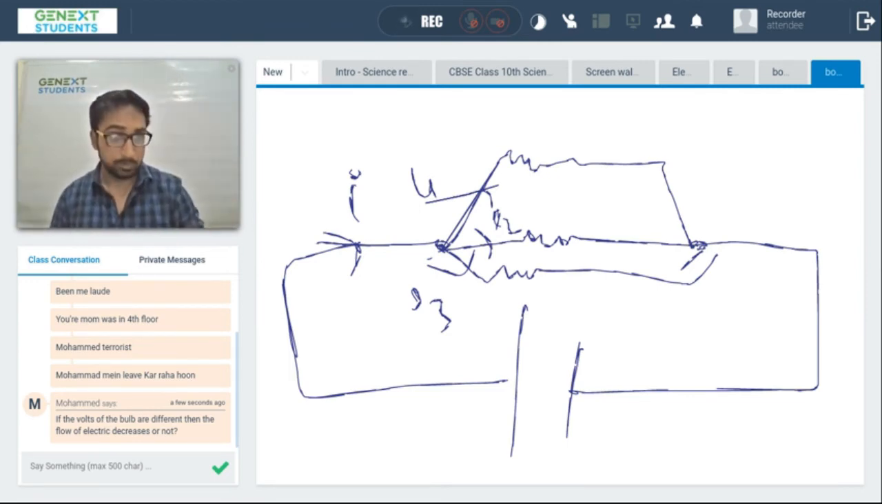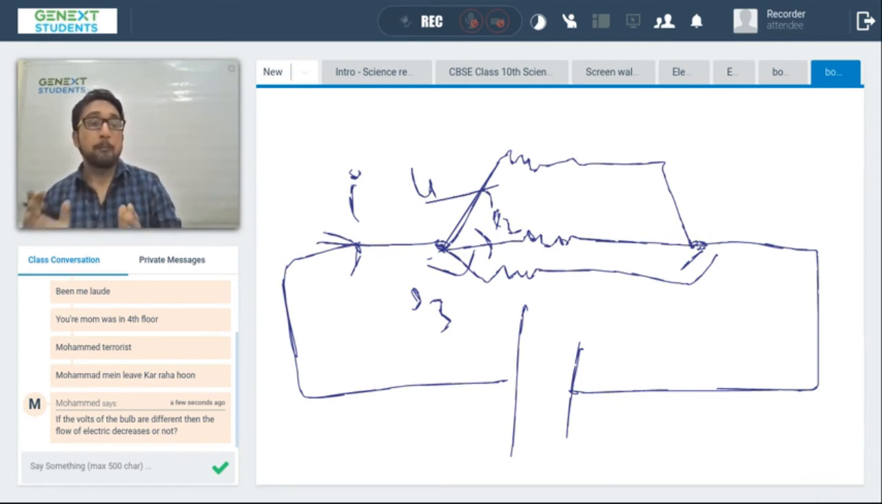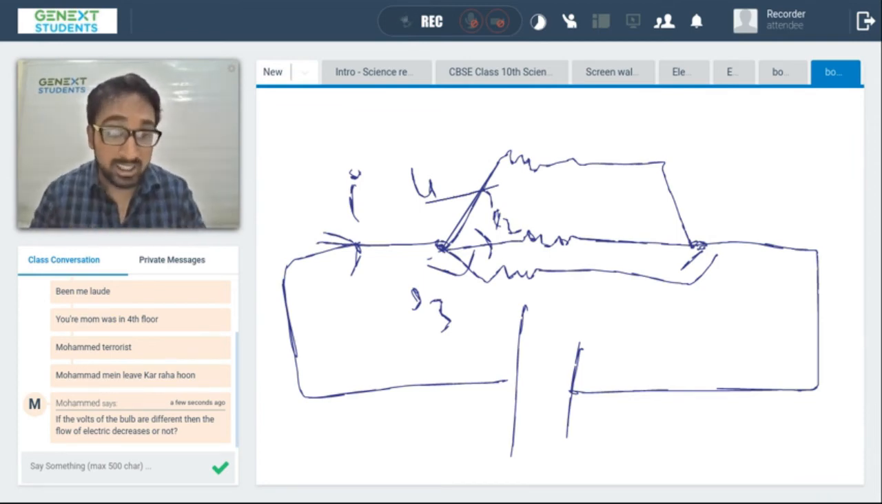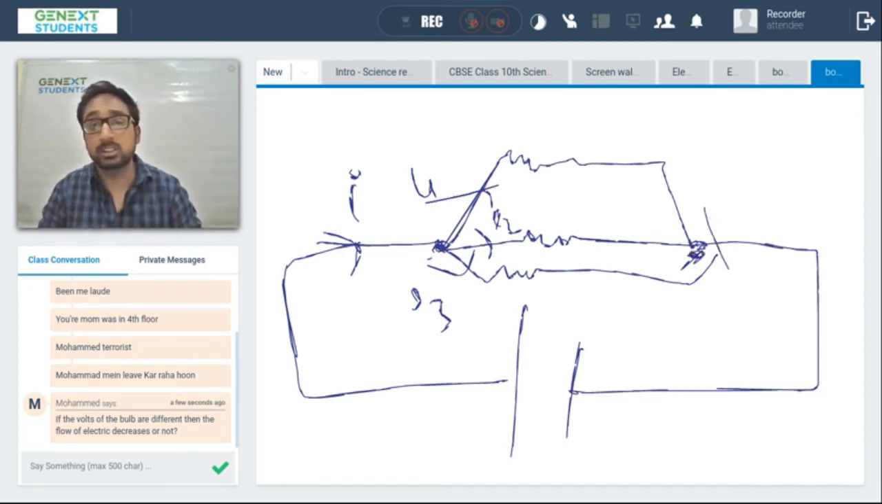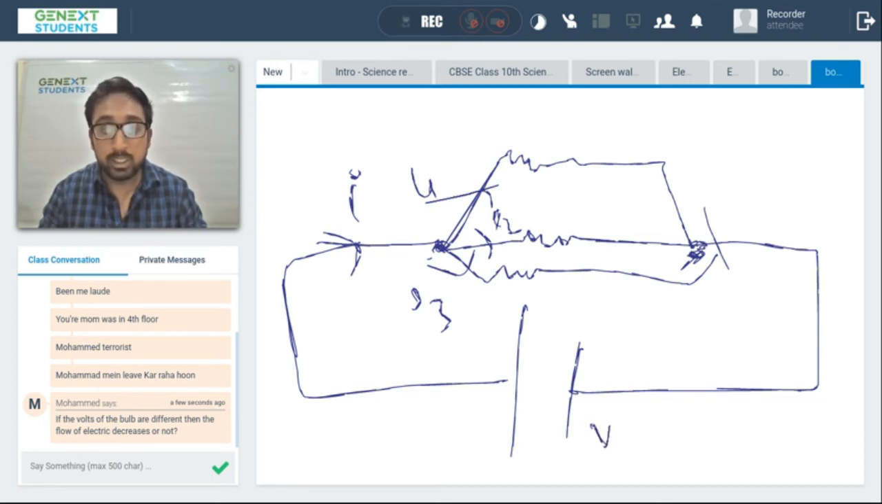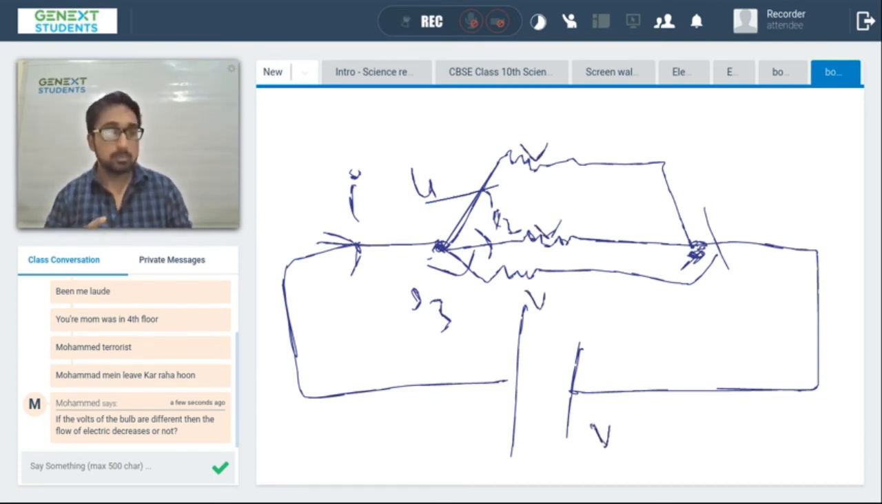So therefore current distributes. If current is distributed, but what do you see? This is the higher potential, this is the lower potential. Therefore the potential difference between these two will be constant. Therefore if this is V, this will be V, this will be V, this will be V. But why? Because